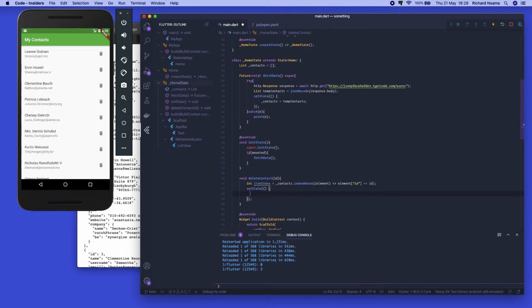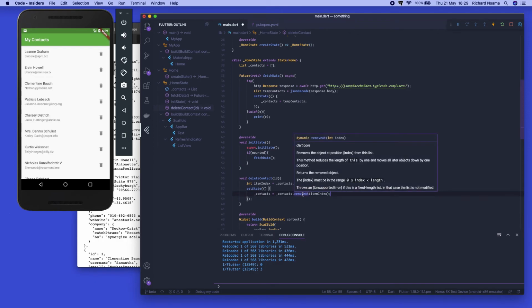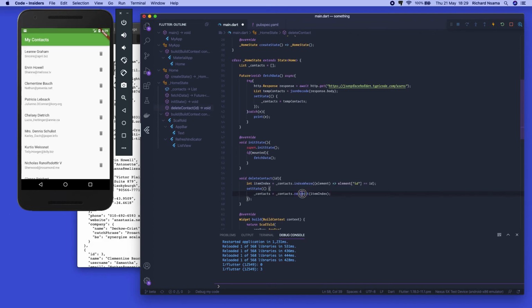To do that, what we're going to say is setState contacts equals contacts dot removeAt itemIndex, right? And removeAt returns what? The removed object, which is not exactly what we want. So what we need is